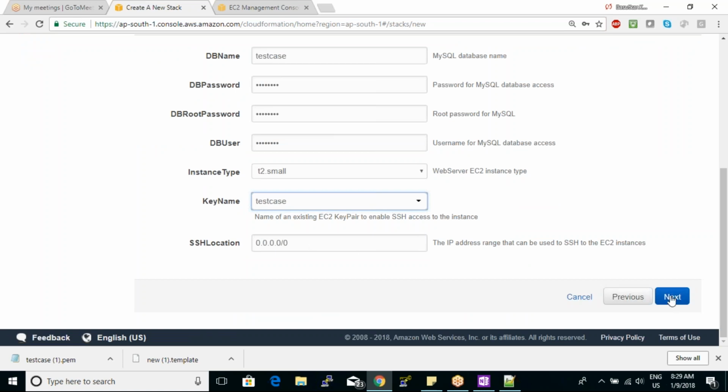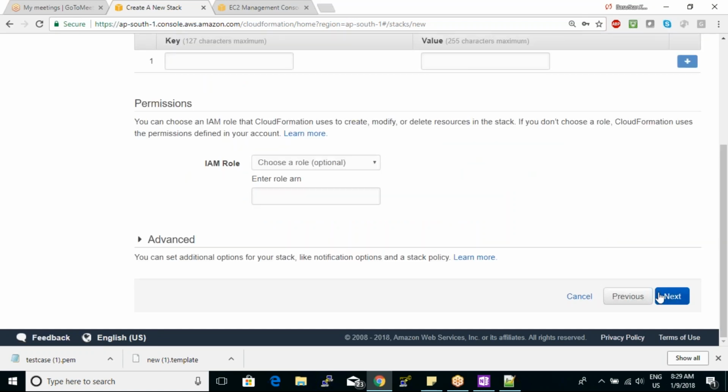Everyone who has this key pair, that means 0.0.0.0. Next,